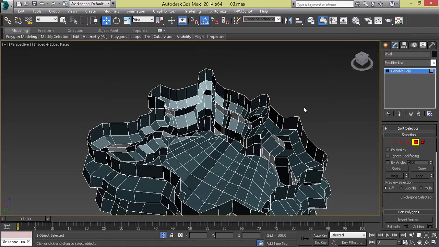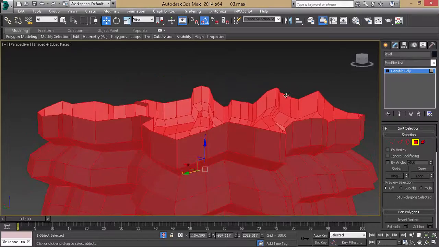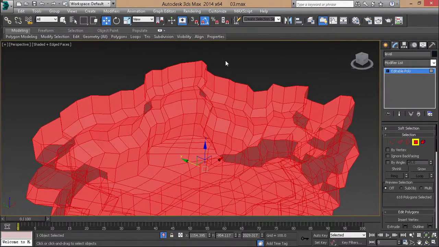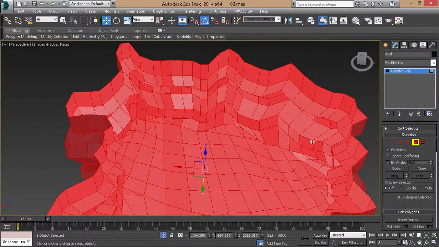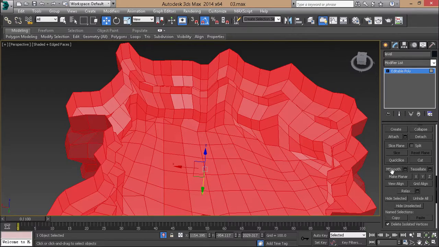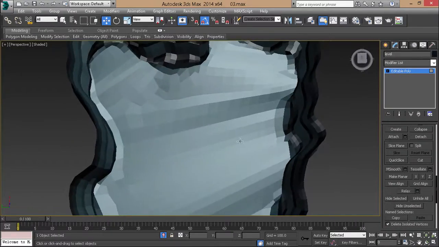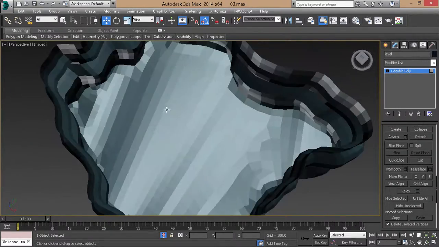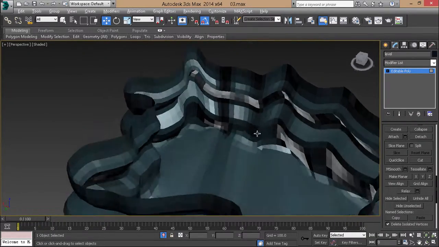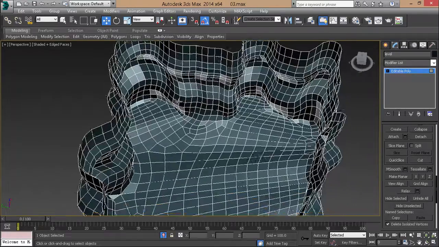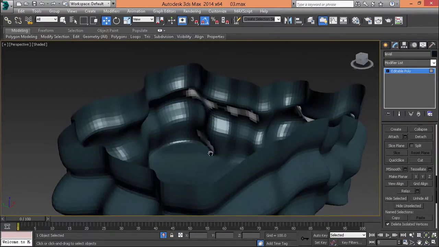So the way I'm going to use that is we're going to go into polygon mode, hit Control A. This will tell the mesh smooth modifier that we want to mesh smooth everything, so we'll mesh smooth everything. It's right under quick slice, and you can see that it does a fairly decent job of adding geometry into our map whilst also smoothing out and relaxing the mesh. So that's one iteration. I'm going to add one more and then we can now do some